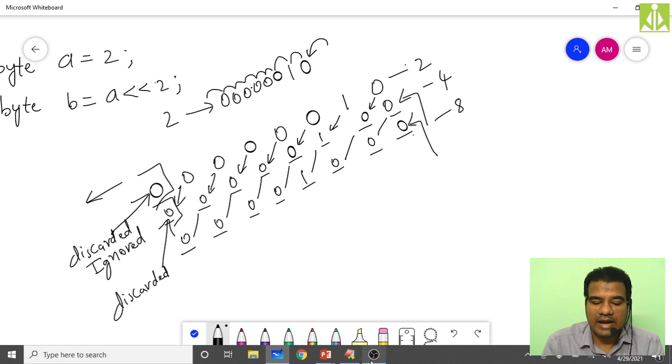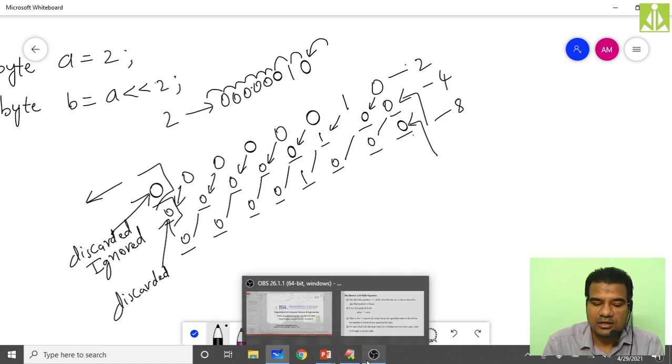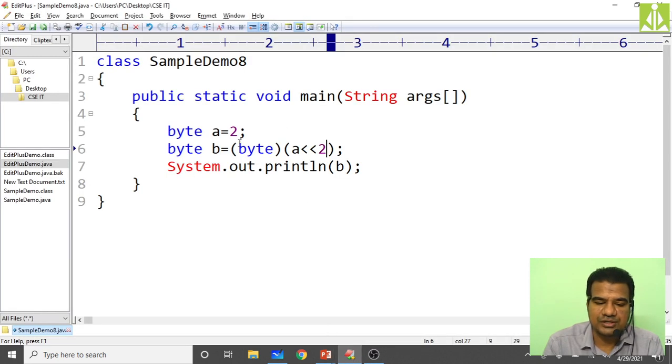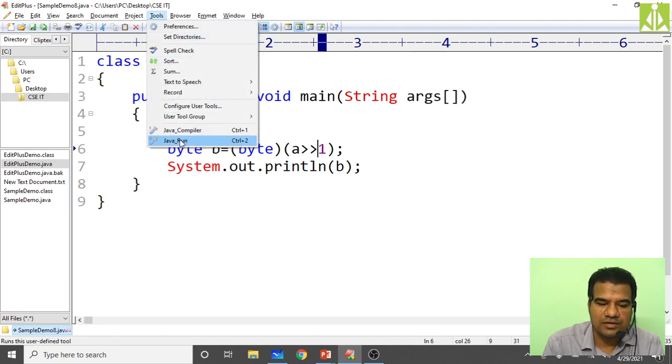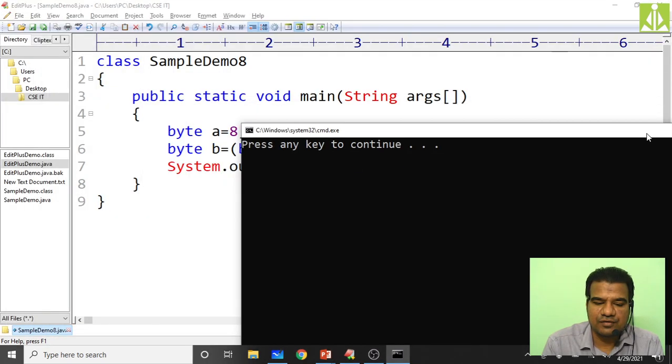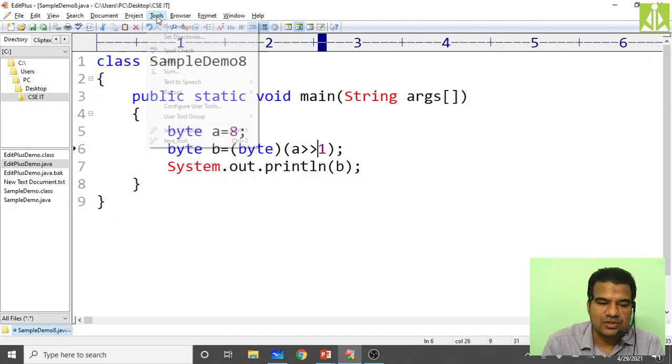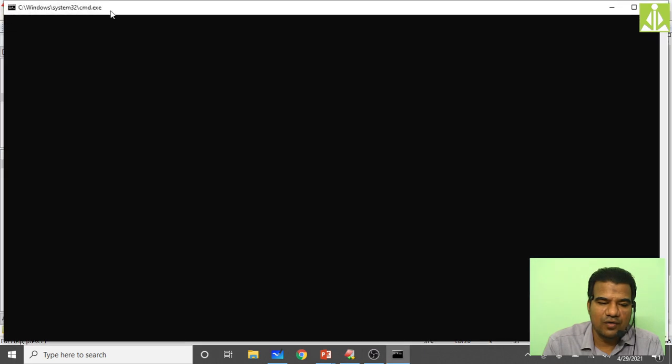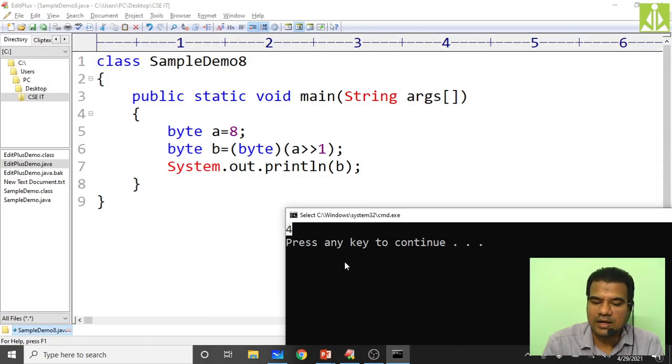So if you perform right shift, then what will happen? Apply the right shift operation. Take here 8, and apply right shift one time. So it will be divided, isn't it? 8 divided by 2, 4 you have to get, because we are performing the right shift operation only once. So we need to get 4. See, we got 4, as you can see.